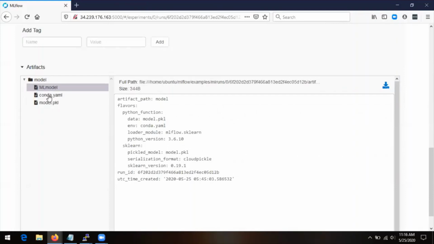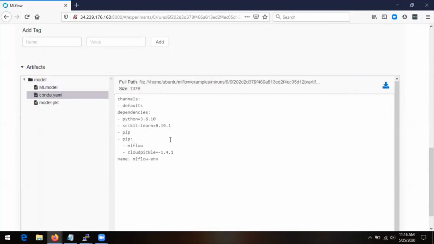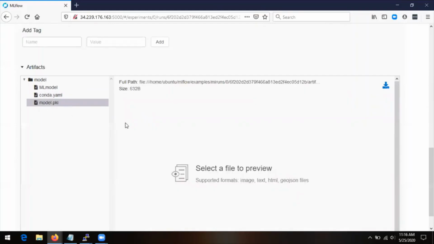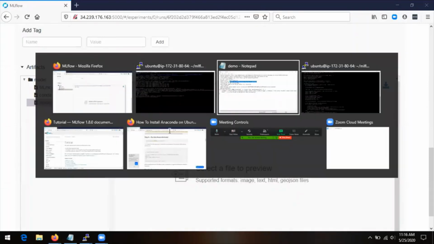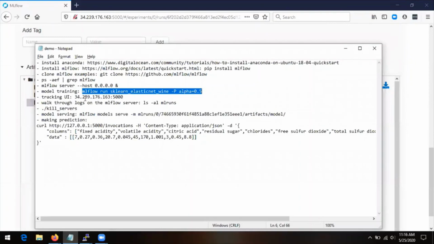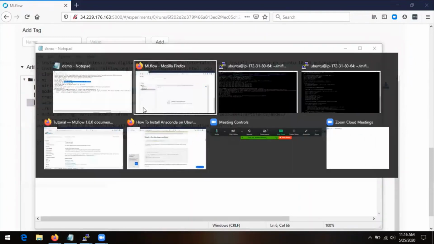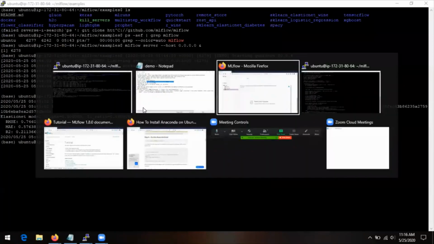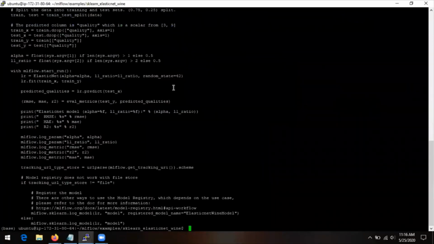It also shows the conda.yaml, the conda environment for this, and it also shows the pickle file, the model pickle file. Okay, so we saw the tracking UI. Now we'll go back to the MLflow server where we ran this, and